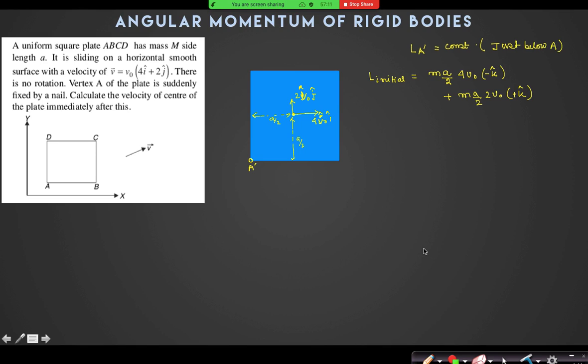Is that okay to you? No, sir, I could not understand this one. You could not understand this one. Look, suppose this is the square plate,